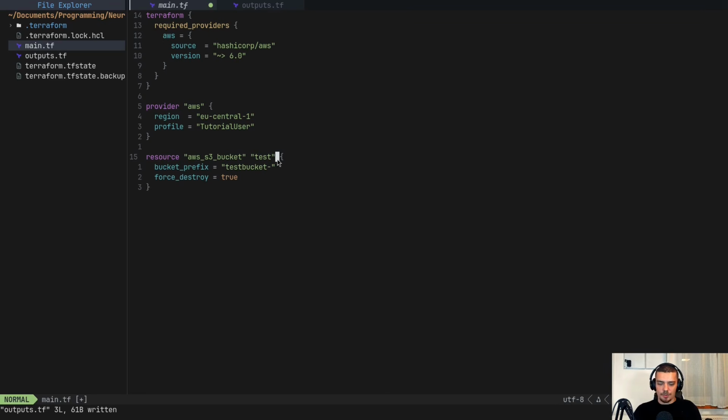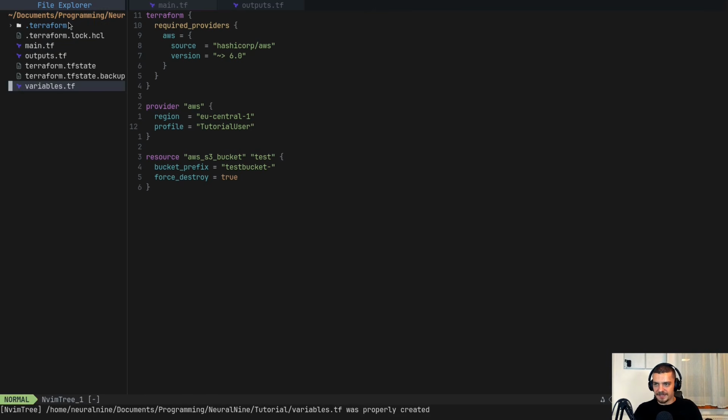And also you want to have a file with variables. This can be different because what's the idea of Terraform? The idea of Terraform is not that I just automate it for myself. The idea is that I can take my config, send it to someone else, and they can reproduce the exact same setup on their system. But certain things might differ. They might not have a profile called tutorial user. They might want to use the region EU North, for example. So in this case, you want to create a file variables.tf, which is not really fancy. We just define the variables there, and then we use them in main.tf.